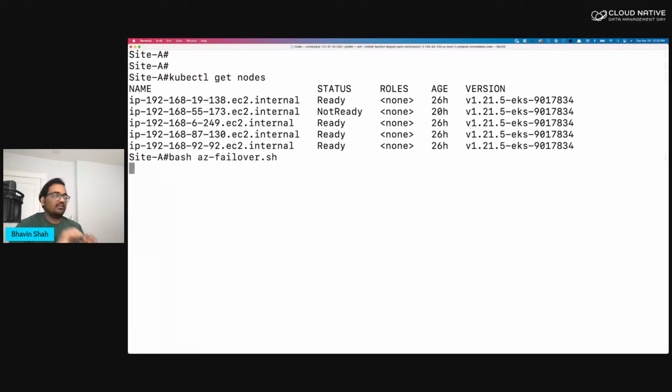So it has a sleep command. We can look at the script once this is done. But once the new pod comes online, we'll be able to exec into it and look at all the databases. And that means that we never had any data loss, and our application was down only for the amount of time that it took EKS to notice that one of the nodes has been decommissioned or is not available, and then spin up a new instance of the pod on a different node in the same EKS cluster.